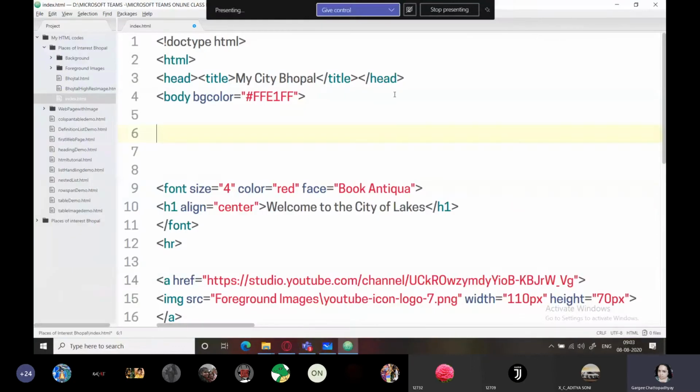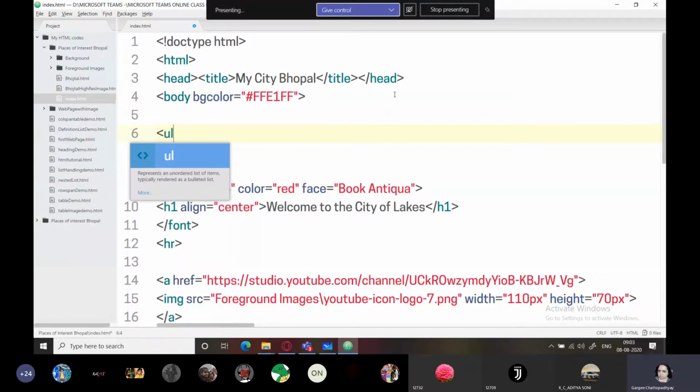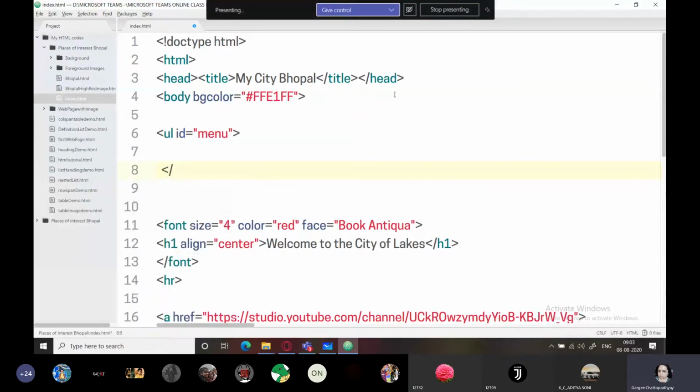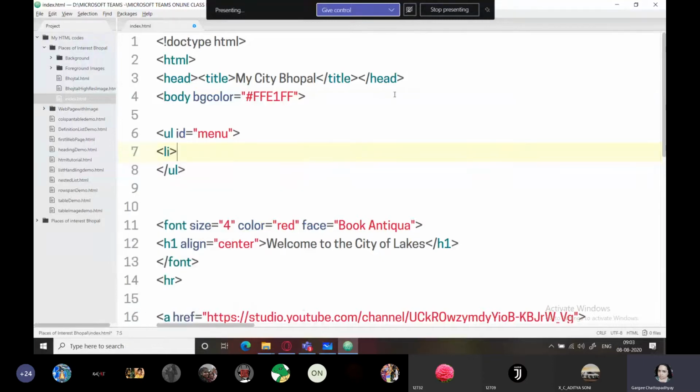Okay, so let's start. So we will first create a menu over here. You don't need to give any caption over here, right? So, a UL tag, and I'm going to give it a special ID, that is menu, because I will be using a lot of CSS to format it properly. And here LI,